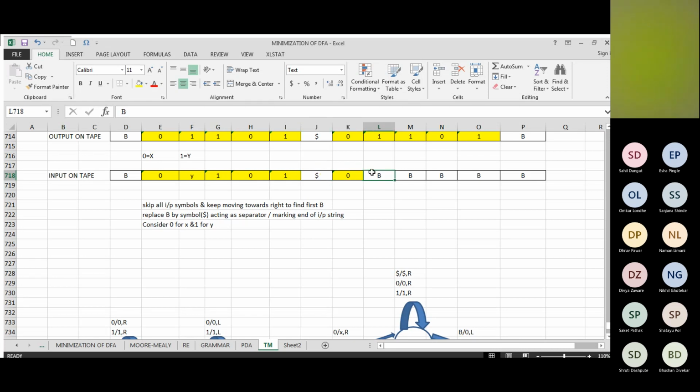You know that you have picked 1, so this b is replaced with 1. You are moving towards its left unless and until x or y is found. Y is found, you know that y is representing 1, so you are putting 1 here, you are moving to its right. So again the same action will be performed,